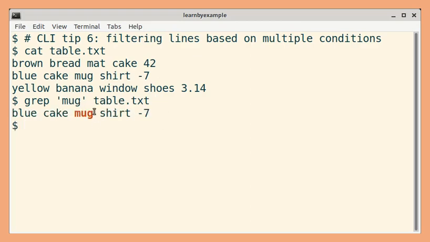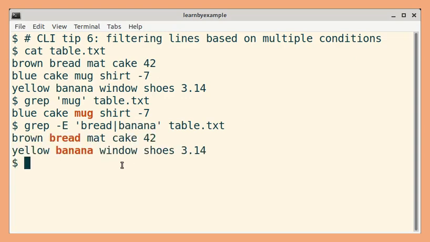If you want to search, let's say, bread or banana, again, grep is easy to use. We can use the alternation operator and specify multiple search terms. However, if you want to perform a conditional AND, so for example, there are two lines containing cake, but if